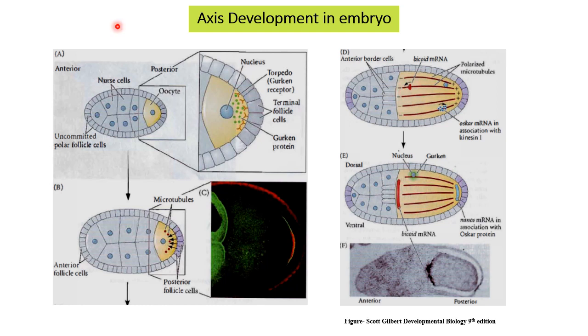microtubules. So kinesin 1 helps to transport Oscar mRNA. Oscar is another maternal protein. Oscar mRNA and Staufen protein are transported to the plus end, or the posterior end, of this embryo. Staufen is not mentioned on the slide, so please add it. Staufen is brought towards the posterior end along with the Oscar mRNA, because Staufen protein helps in the translation of Oscar mRNA.